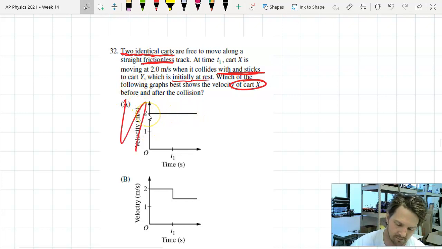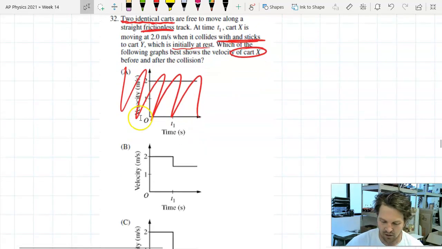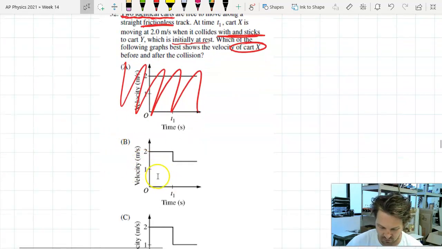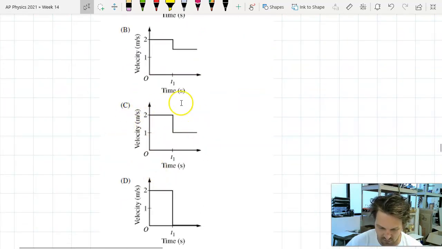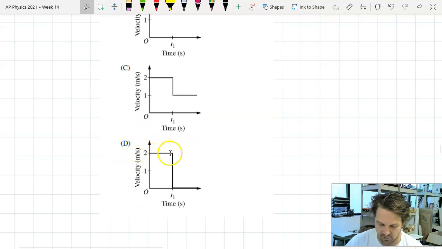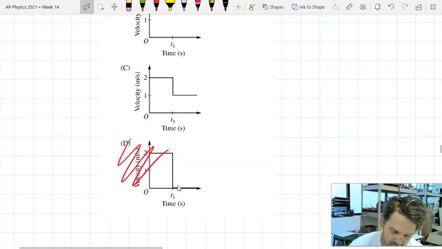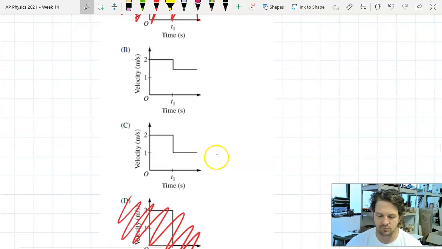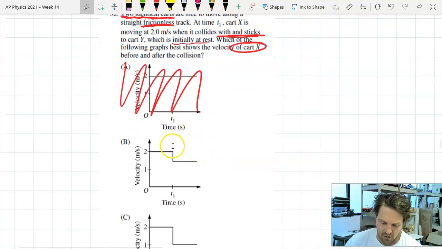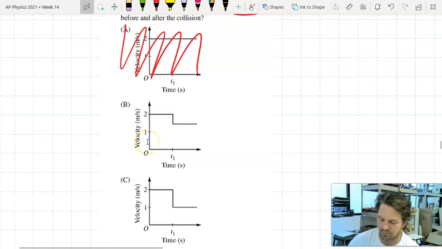So A is out. Okay, B slows down a little bit, which is good. C slows down a little bit, which is good. Right? D, after that collision, all of a sudden just stops. Not going to happen. So D's out. So it's between B and C. So the question is, how much does it slow down by? Well,